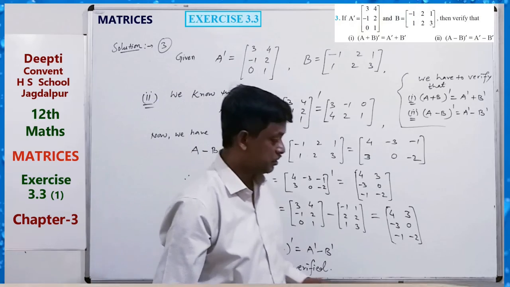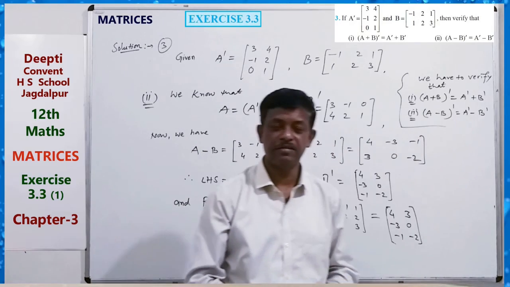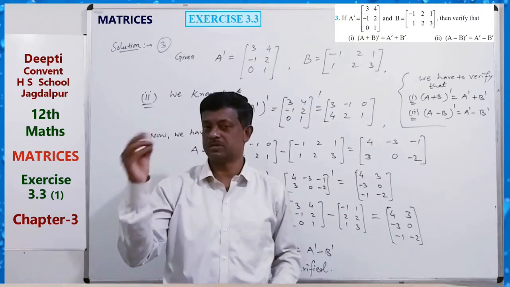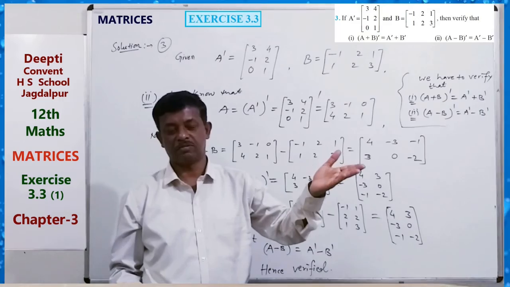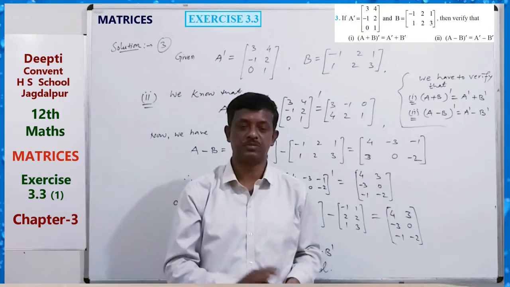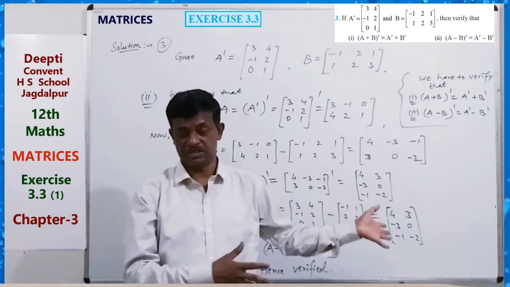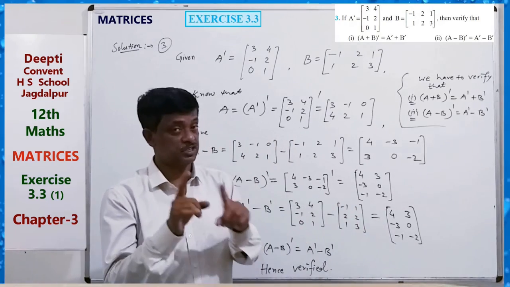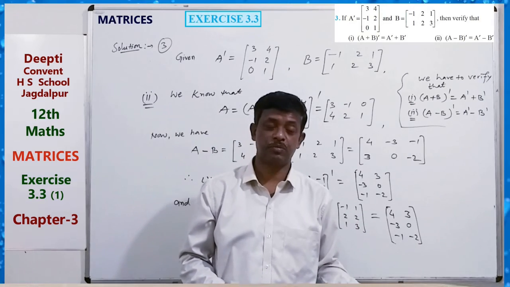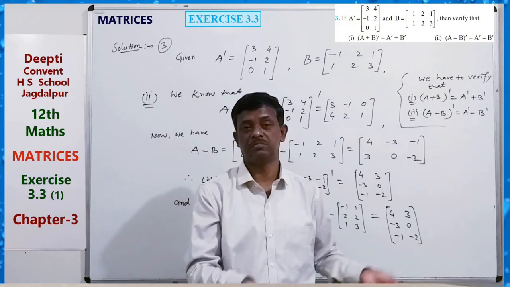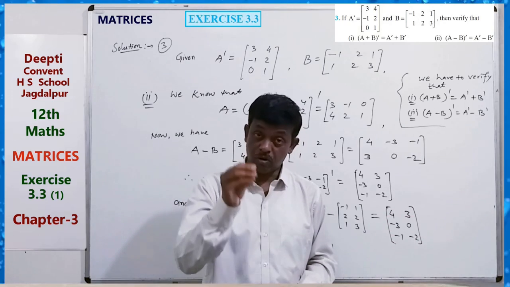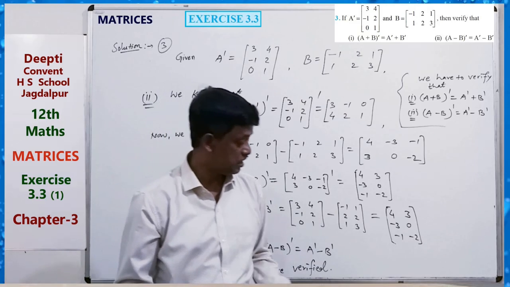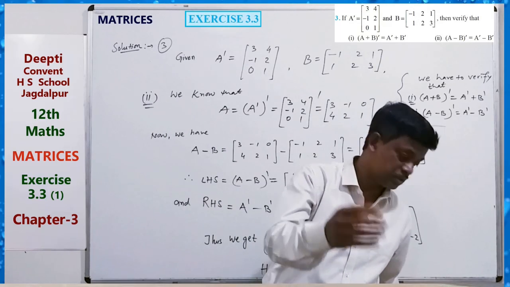Okay. So up to question three we have completed from exercise 3.3, and also the idea of what is a symmetric matrix, what is a skew-symmetric matrix, what is transpose and what are the properties of transpose. You can prove this by taking a general matrix: for symmetric or skew-symmetric, a square matrix, and for transpose properties, any order matrix. So solve all the examples and these three questions in your copy, and send me the solutions of two or three questions for your attendance.